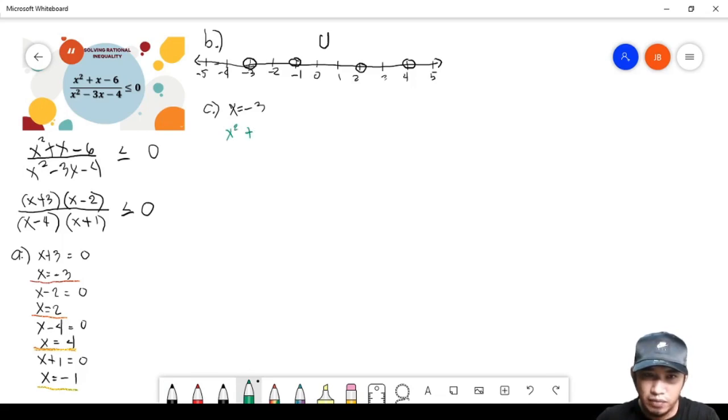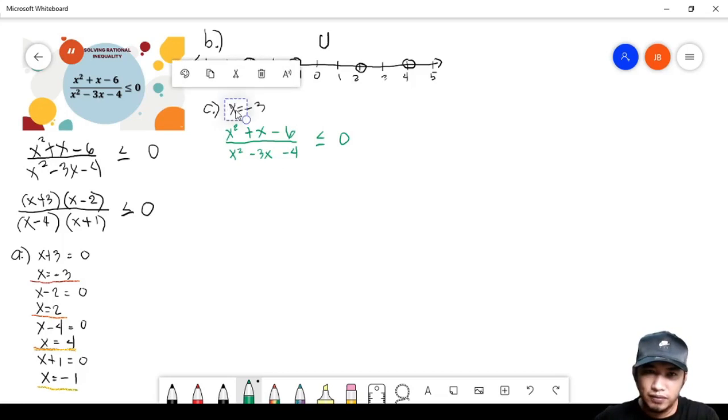x squared plus x minus 6 all over x squared minus 3x minus 4 is less than or equal to 0. Okay? So,